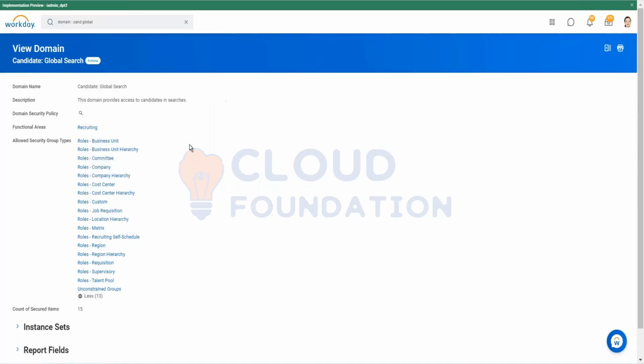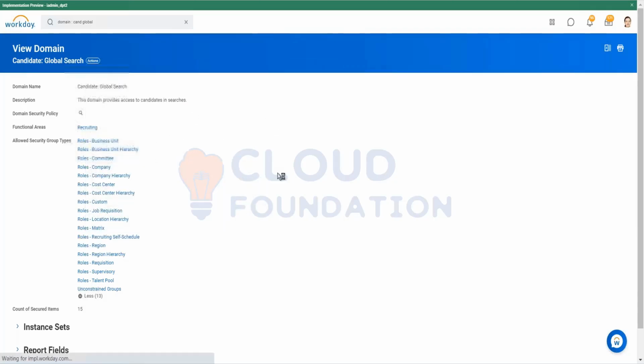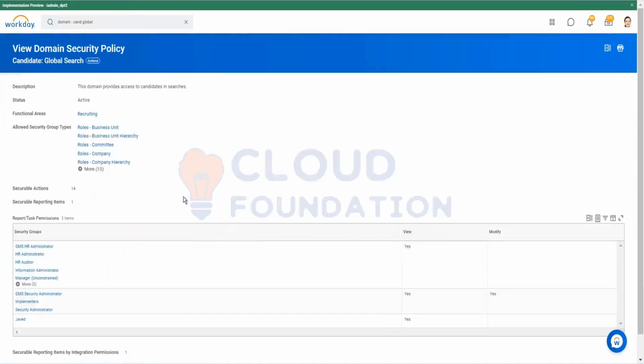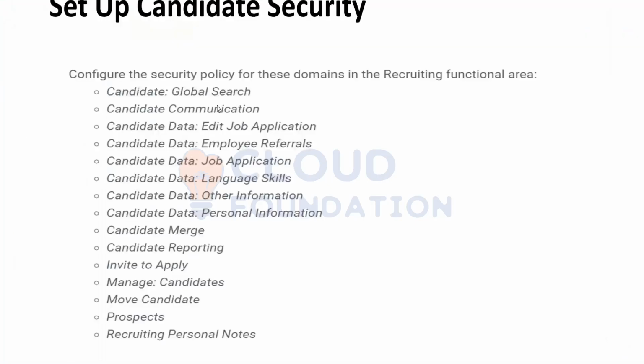So if we go to the policy and look out for all the security groups which have the access, we'll see our Javed also present. See over here, Javed has the access to view this domain. And so similarly, we have certain other candidate information, candidate related domains as well. So this domain provides access to candidate searching. Now we'll search for other